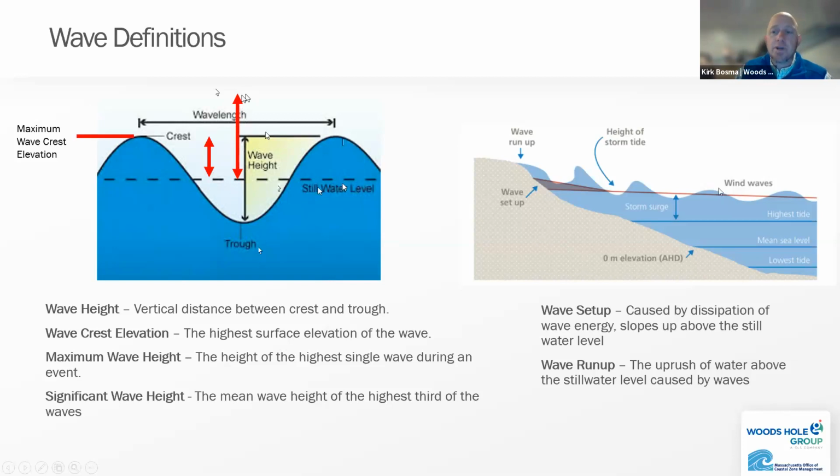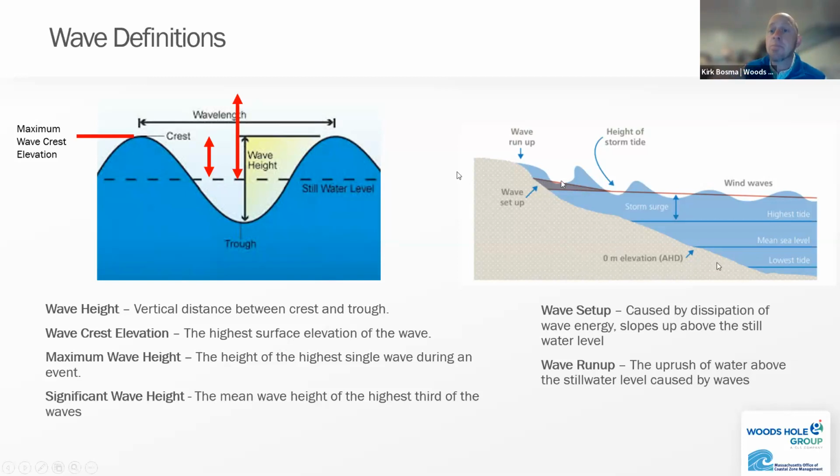Wave setup really is just that incremental increase of water surface elevation as you get closer to shore. The simple way to think about it is like a constant pounding of waves that keeps pushing up, and there's a nonlinear dissipation that occurs that basically causes the mean water surface elevation to rise up. It's an important concept when you think about how that's included in the overall flood levels that you're going to